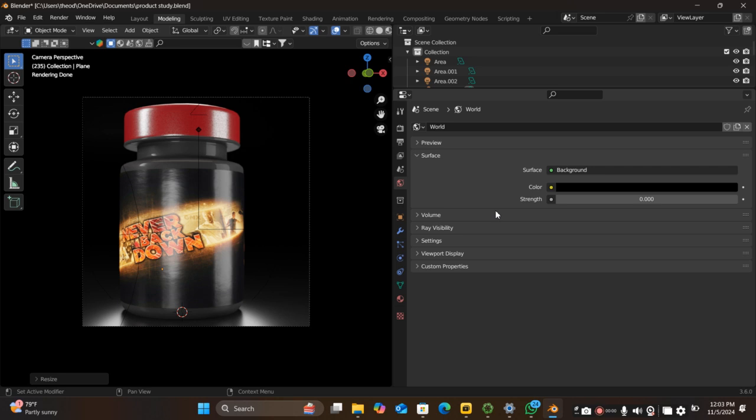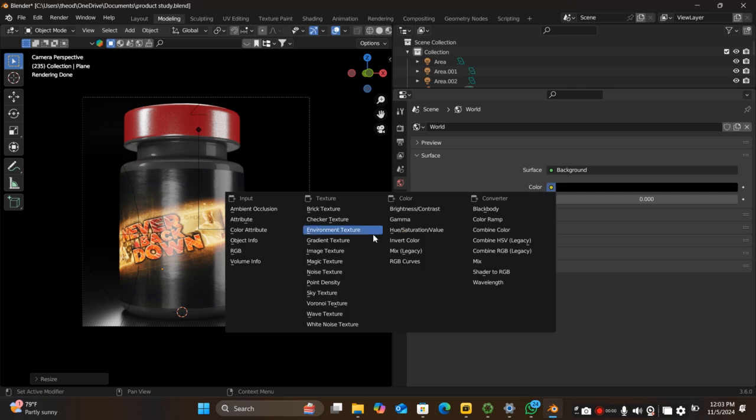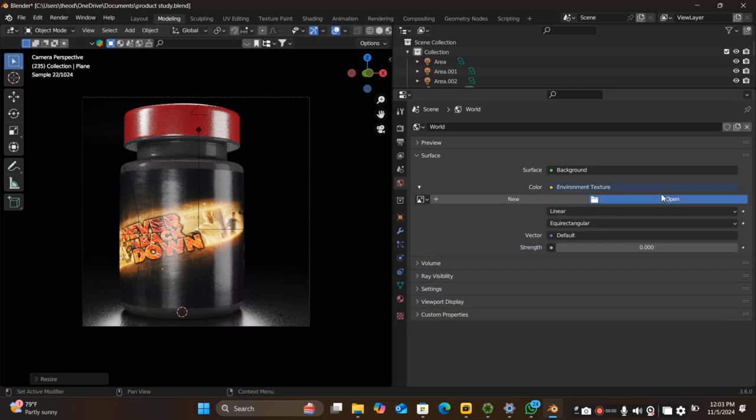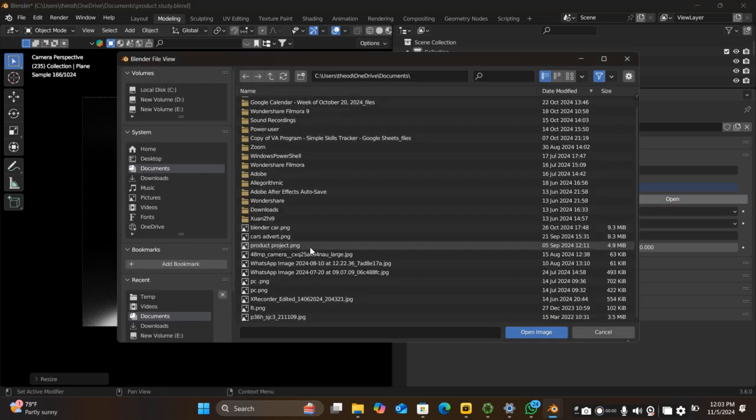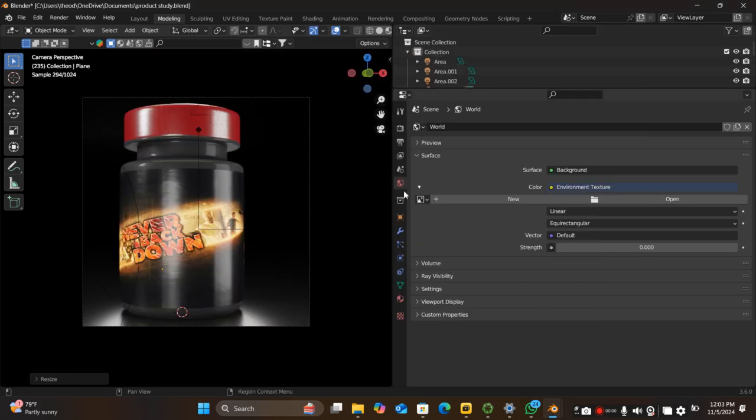But for beginners, I can tell you, if you're trying to learn about lighting, it's better if you use an HDRI, because HDRIs light your scene quickly, and it's easy to use. All you have to do is come to the World tab here, and you come here, like,